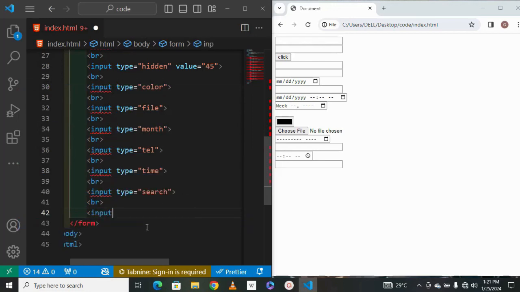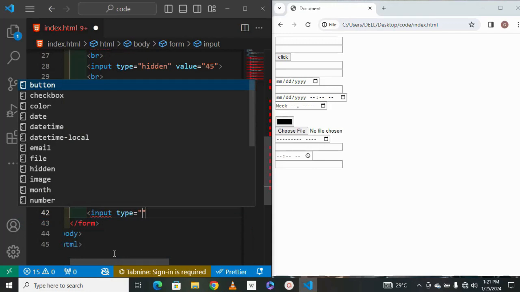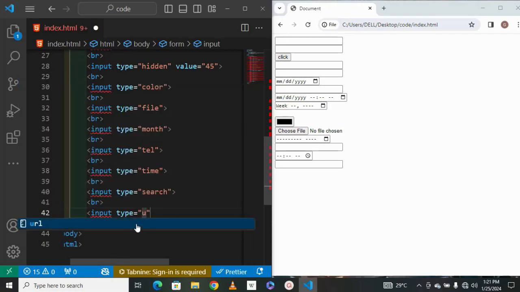Input type URL is mostly used for searching too, something like this at the top. So URL. Another one we have is the input type